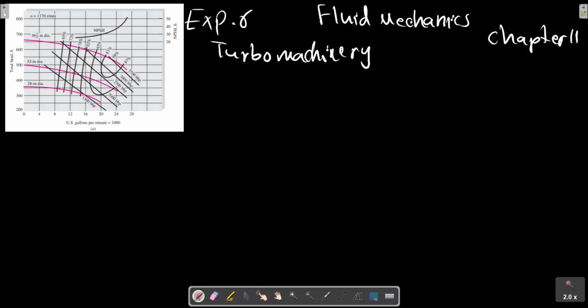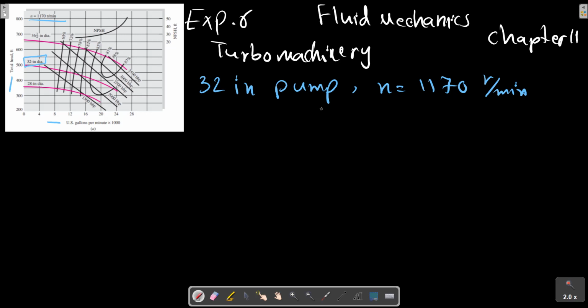We want to use the 32-inch pump as shown in the figure, the diagram of the discharge and the total head of the 32-inch pump, and also N is now to pump water at 60 degrees Fahrenheit from one reservoir to another reservoir,